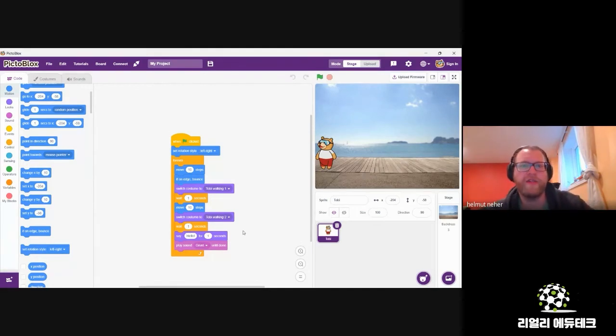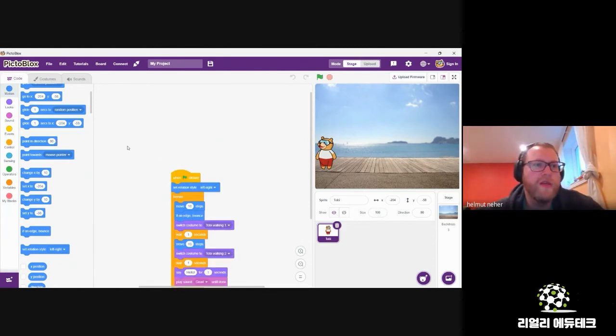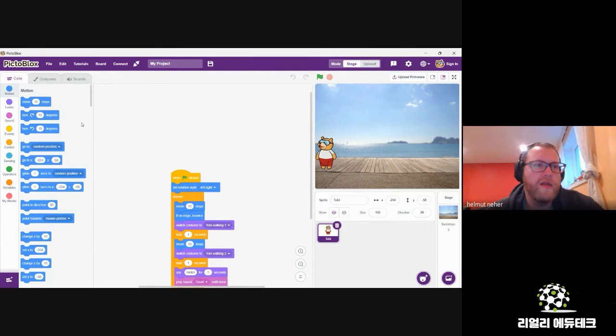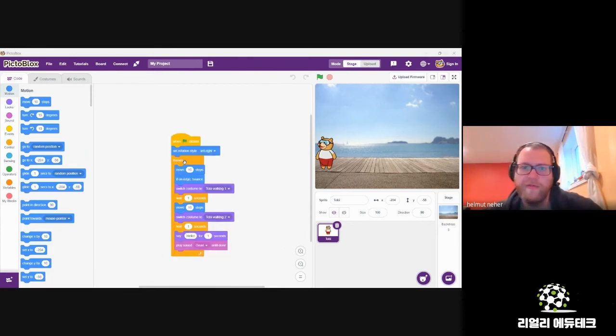Let's change something different. Okay. So we have Toby walking. Let's see if we can move him to different angles, okay? I'm going to change his background first. So to change his background, you press